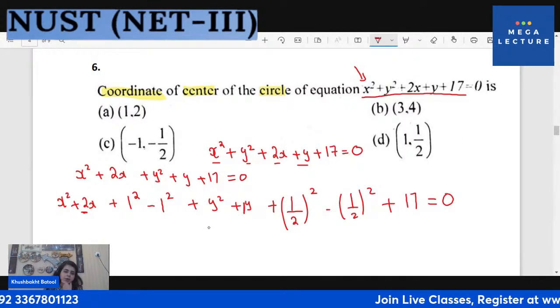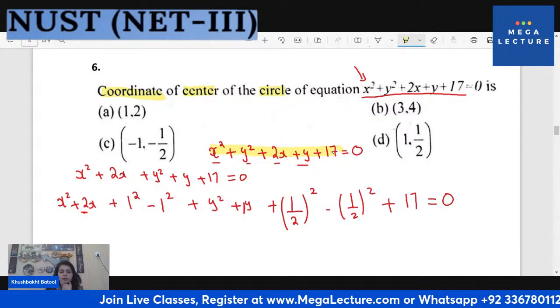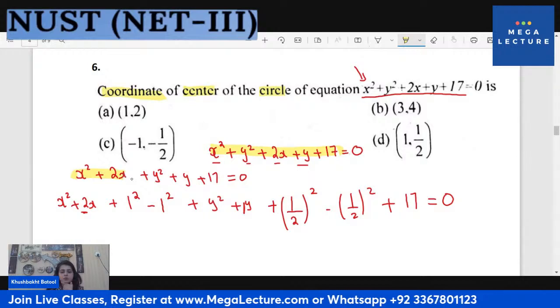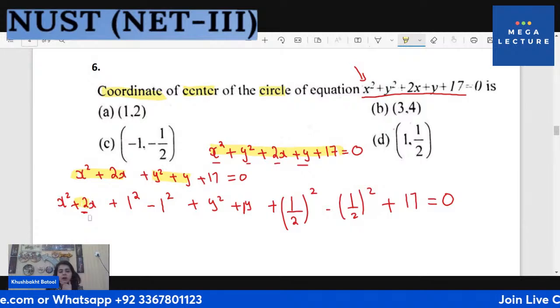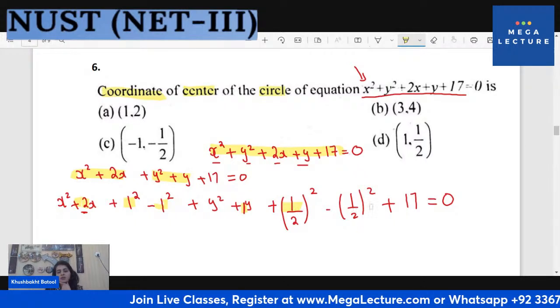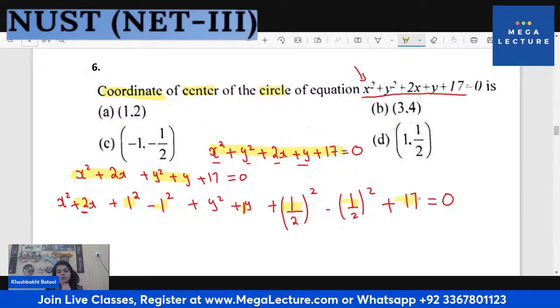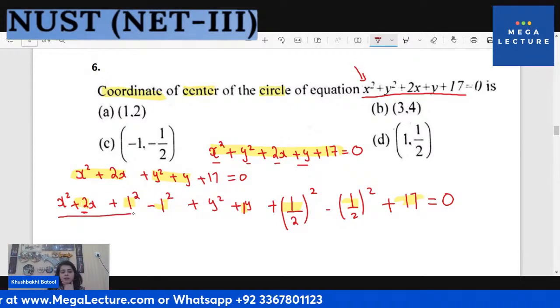Okay, what have we done? This is what I had. Then I wrote the x terms together, the y terms together. Then using the coefficient of x, that was 2, I know that half of 2 is 1, so I added 1 squared and subtracted 1 squared. The coefficient of y is 1, so I added its half squared and subtracted its half squared, and 17 is coming as it is. Now I can write this thing as